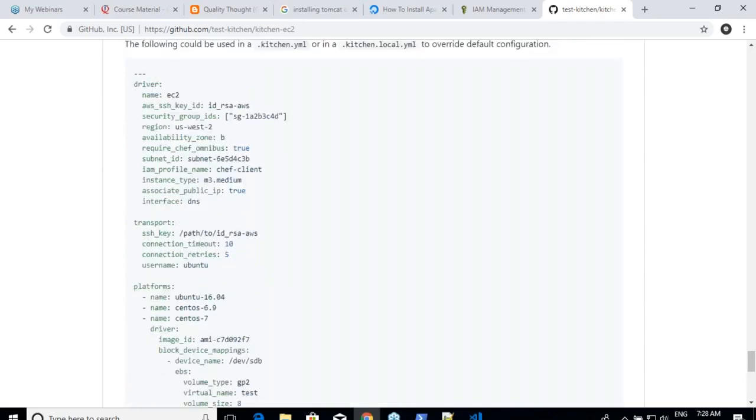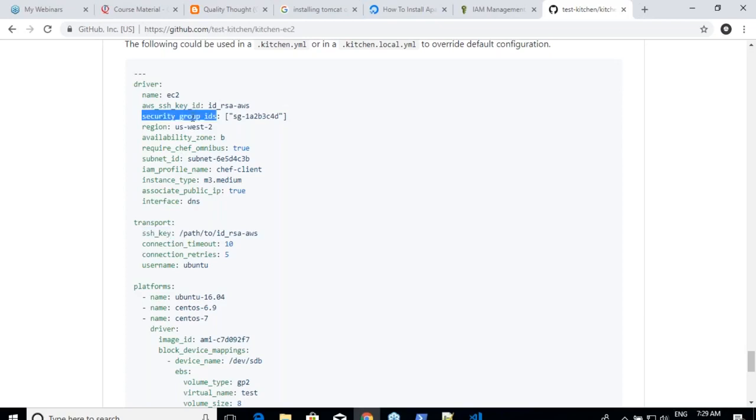All right. So SSH key ID and SSH key: if you want to use existing keys, you can use that, or don't enter both of them. Kitchen will create one key on its own and it will log in on its own. Since this is a test setup, I don't want an existing key. I am okay with test kitchen using its own key. So I'm not going to enter either of these. Okay. So I'll start from here.